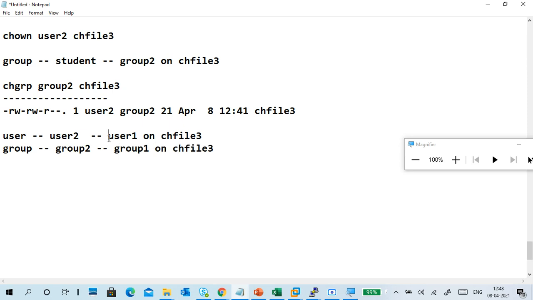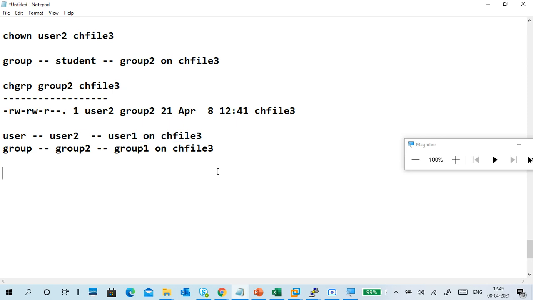My main concentration is this one only. Whatever the previous user or group, what is required is to which user or group you are changing.